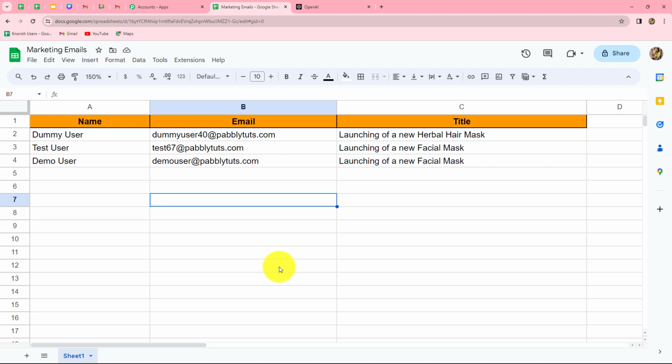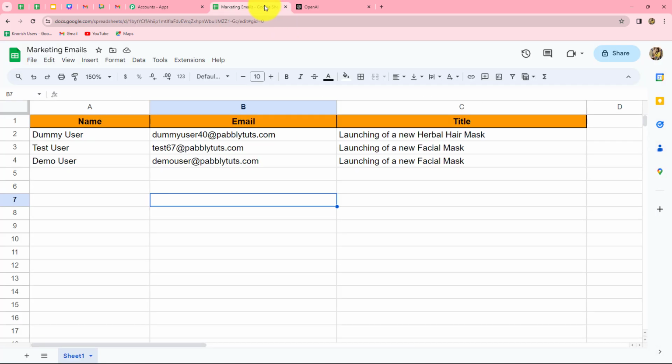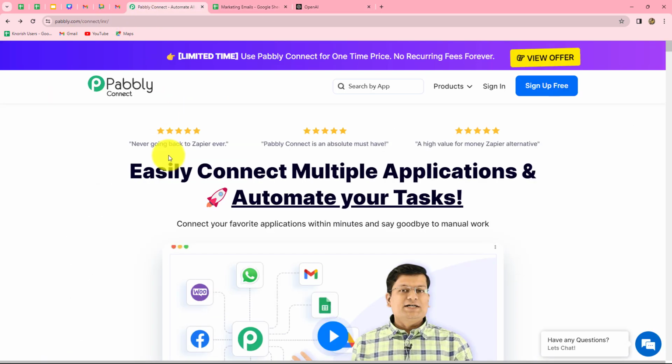In this video, we are going to learn how we can automatically generate emails from Google Sheets by using OpenAI and then send the same emails to our customers or clients without any manual effort. So we are going to create an automation for this process by setting up a connection between Google Sheets, OpenAI and Gmail, and we are going to do that with the help of Pabbly Connect, which is an amazing automation and integration software. So Pabbly Connect enables us to connect multiple applications without any coding or programming skills in order